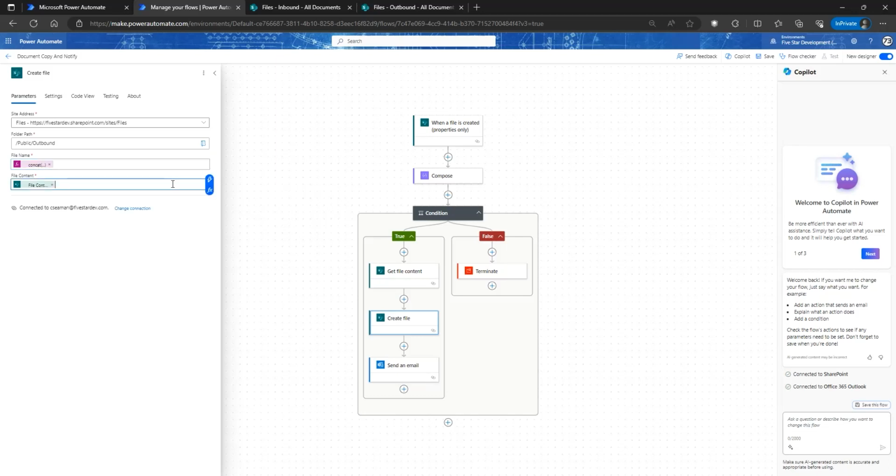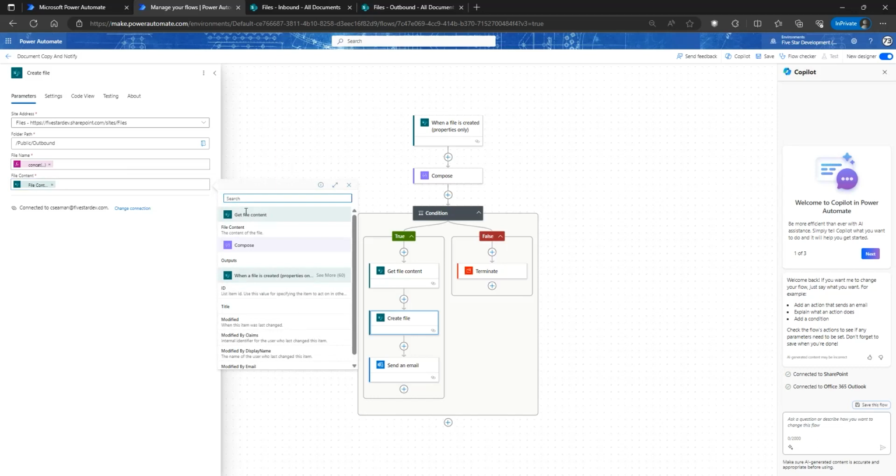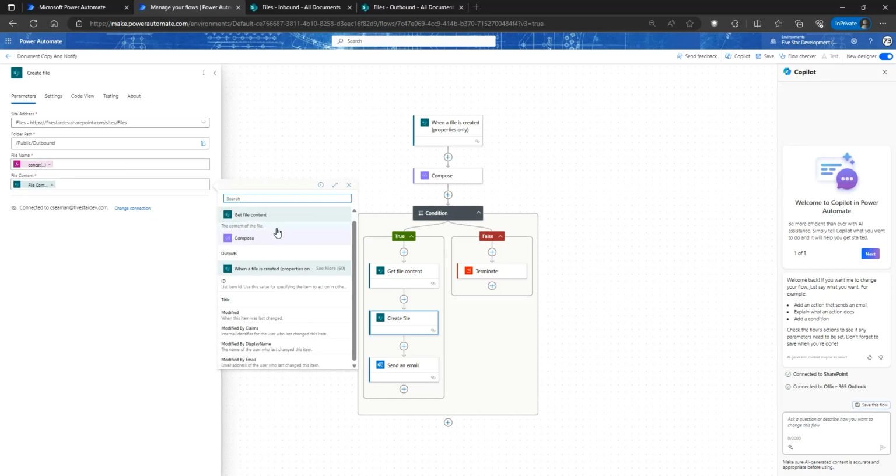And then the other important thing to point out is that when we click that little lightning bolt, you can see that there are outputs from any of the previous steps that we've encountered in the flow. Any of those outputs from a previous step is available to us. So in this case, we're going to take the file content that was retrieved from the previous get file content